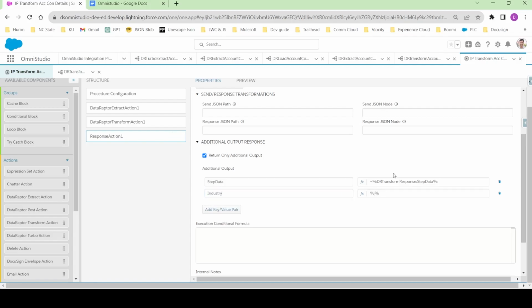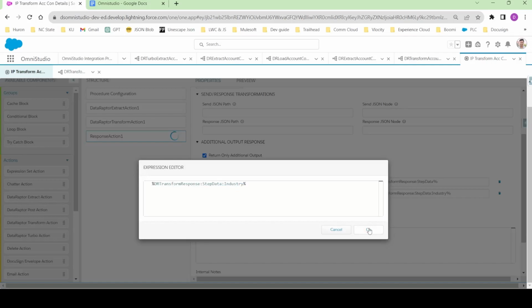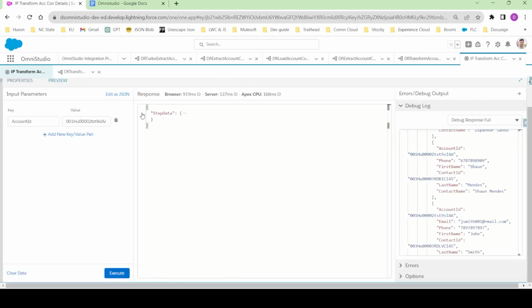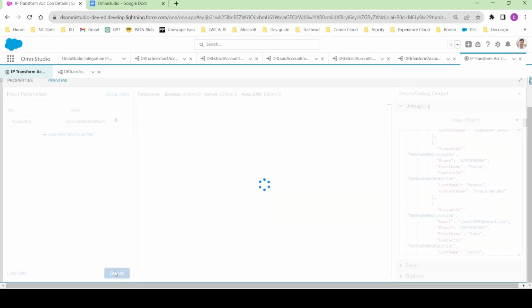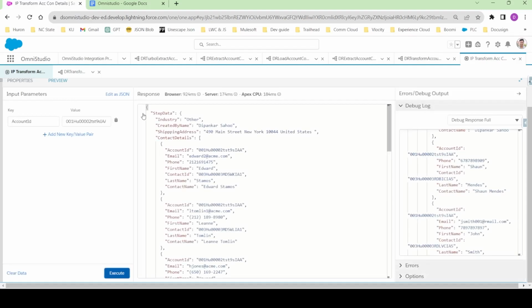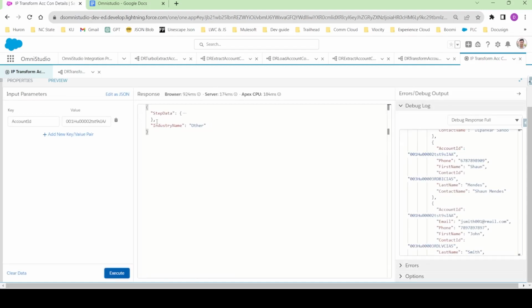in the merge syntax, I will copy this one. The industry value should be industry, or let me try to rename it as industry name. So basically now what will happen, along with the step data you will again get an additional node over here, and that should be industry name. Let's try to execute this. Let's try to collapse this, and you can see there is also something known as industry name,